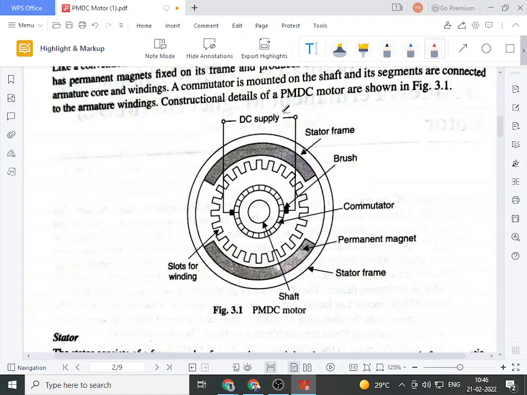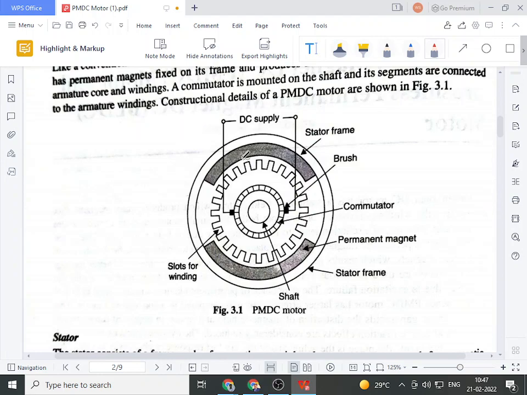Stator, now in case of the stator, there is no presence of stator pole shoe, so the entire field structure is completely eliminated. There is no field winding present on the stator. The outer body, that is the yoke or stator frame, is made up of a magnetic material. For a smaller motor, a single solid outer ring or yoke structure is used. For a larger motor, generally the entire stator structure is laminated. At the inner periphery of the stator, there are permanent magnets. So permanent magnets are fixed at the inner periphery of the stator.